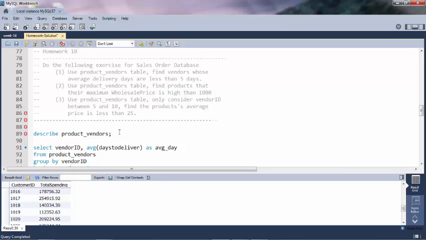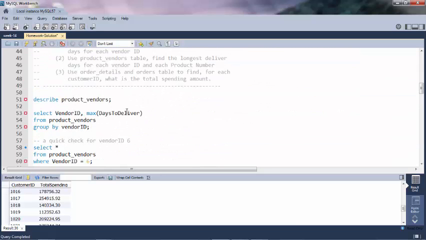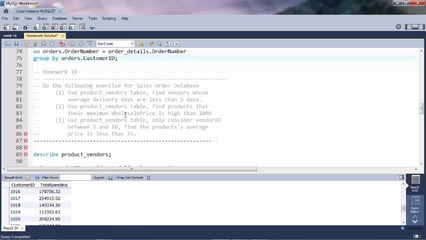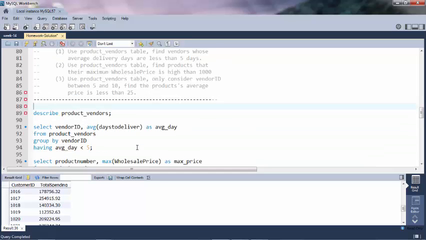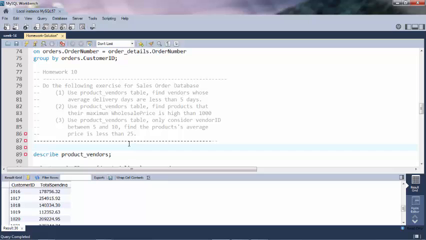Okay, now let's go to the next homework, number 10. It is also related to the aggregate function, but this time we're going to focus on how to filter your result based on the aggregate functions. Okay, the first problem is: use the product vendor table, find the vendors whose average delivery days are less than 5